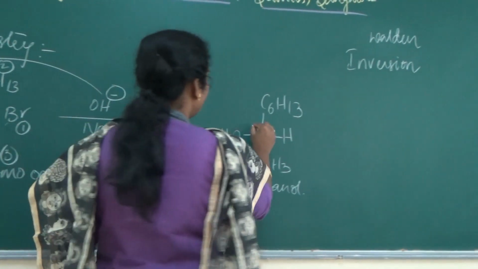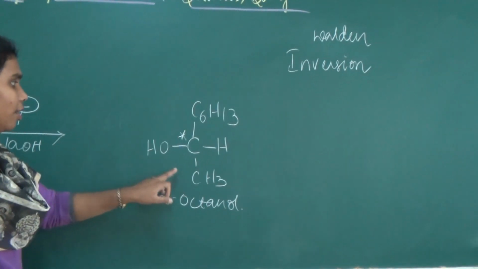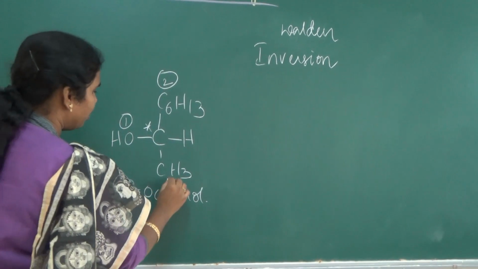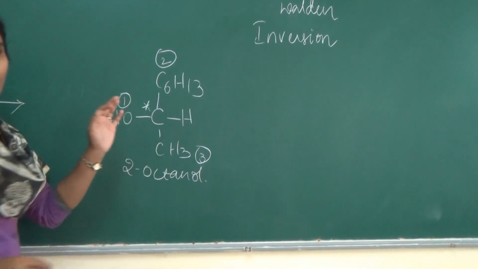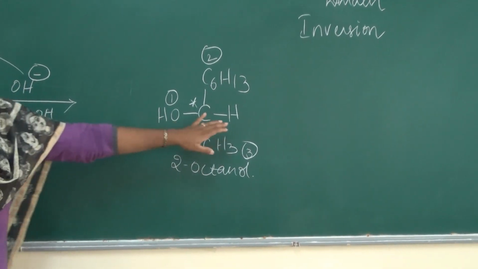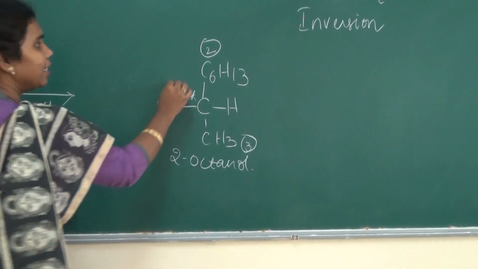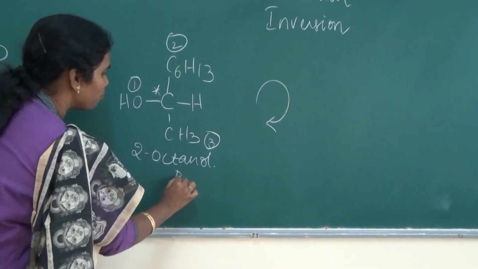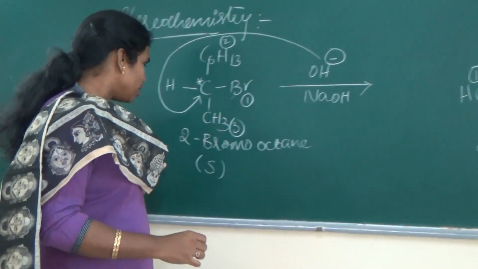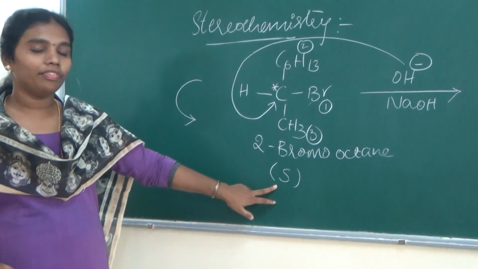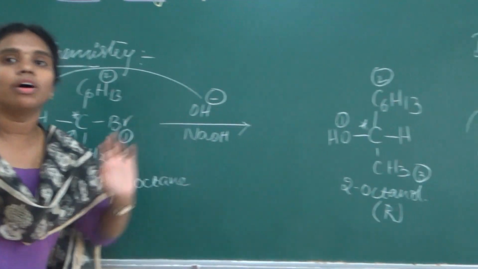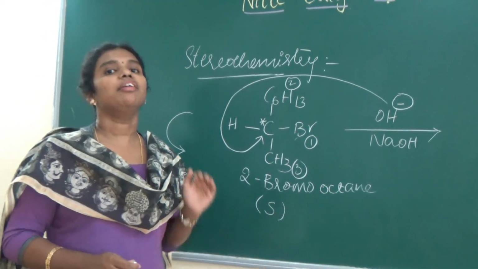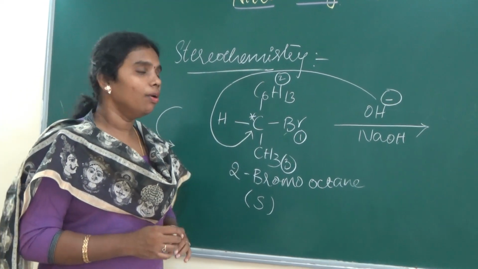If you observe this compound, this is the chiral carbon, and the first position goes to the oxygen, then carbon, and then the methyl group. Anyhow, hydrogen is away from the plane, so there is no need to consider the hydrogen. Consider the remaining groups and see the direction. It is going towards the right side, or clockwise, so the configuration for this molecule is R. So the starting substrate has S configuration and it is converted to R. Upon completion of the reaction, an inversion mechanism is involved in the SN2 reaction.